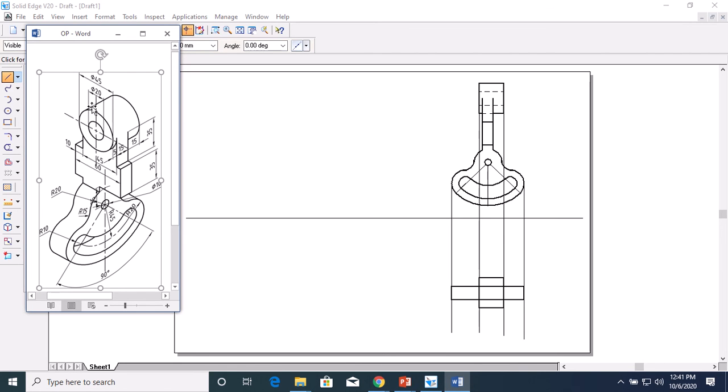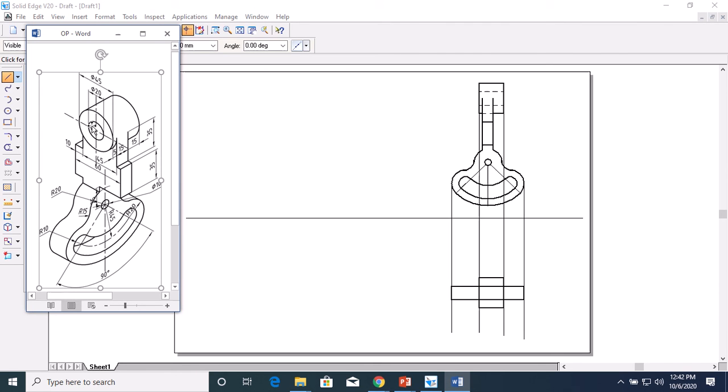Because it is coming on the top, this line has to be shown as a hidden line, the underneath line. This complete box is visible from the top. Again, this is also 10 mm, this is also 10 mm I have taken.